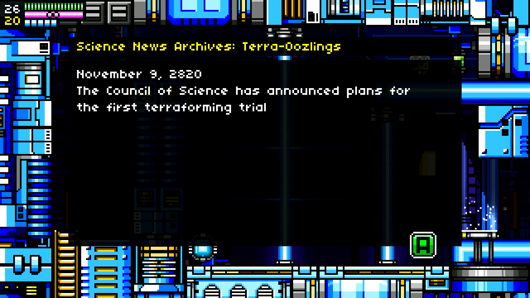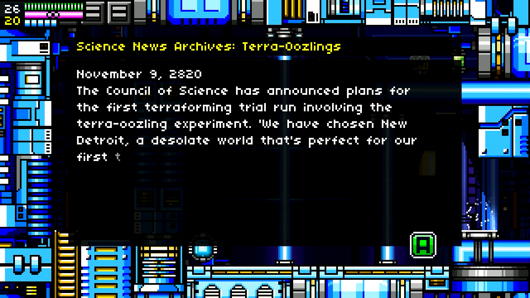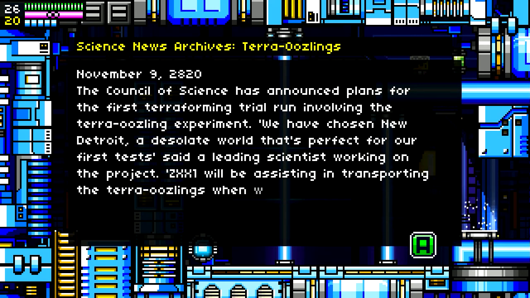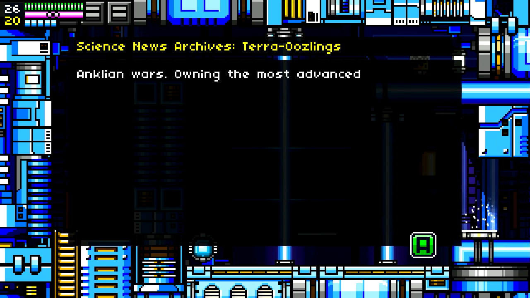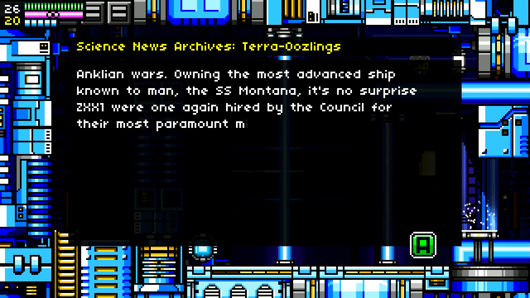Terra Oozlings, the Council of Science has announced plans for the first terraforming trial run involving the Terra Oozling experiment. We have chosen the new Detroit, a desolate world that's perfect for our first tests, said a leading scientist working on the project. ZXX1 will be assisting in transporting the Terra Oozlings when we begin in 6 months. ZXX1 is a well-known mercenary group led by none other than Rex Rockets, a hero during the Anklian Wars. The most advanced ship known to man, the SS Montana. It's no surprise ZXX1 were once again